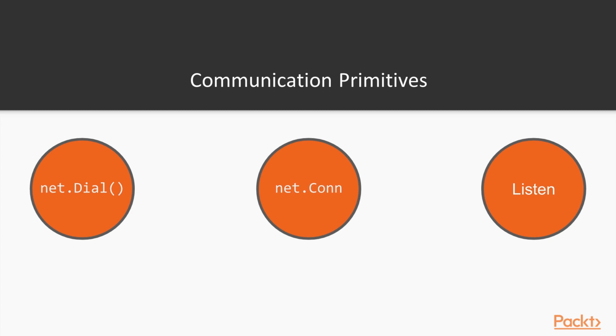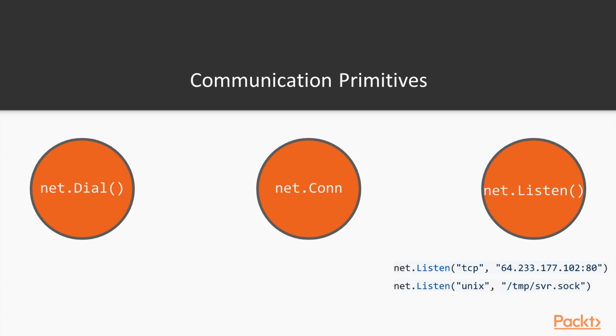Lastly, when using streaming protocol, you can use the Listen function to handle incoming requests using different protocols. For instance, the example code shows how to listen for incoming TCP or Unix domain socket connection requests. Since both of these protocols are streaming in nature, later we will see how we can write a server program which can easily switch between the two protocols with no code change. Now that we've had an overview of communication primitives in Go,